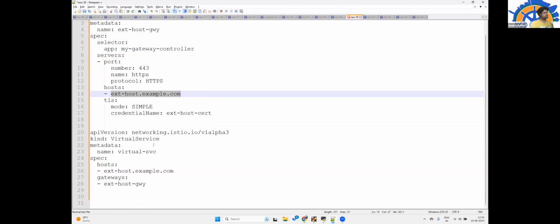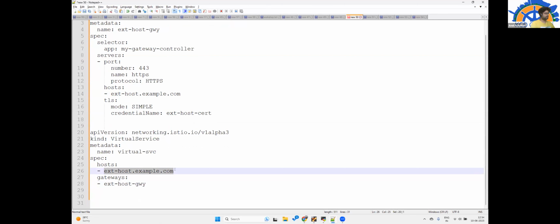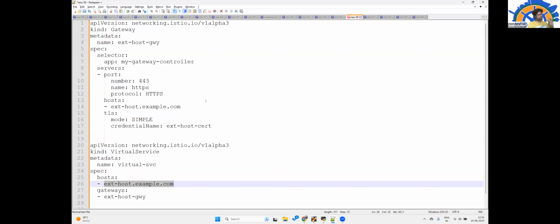That again needs a virtual service. In the virtual service, we define that for this gateway, whatever request is coming will end up going over here. So either for destination or for the gateway, for each and every entity, your virtual service is required, which is the actual routing entity.